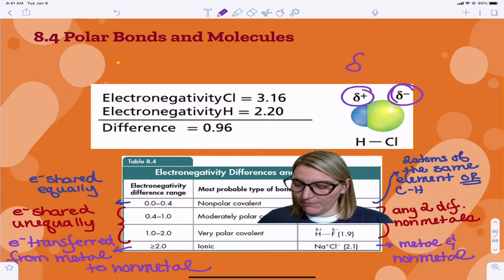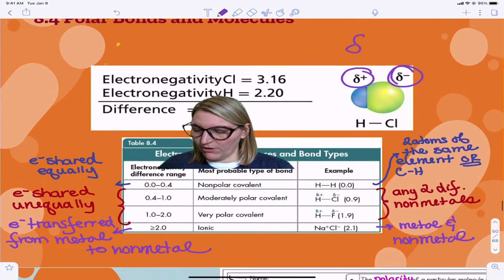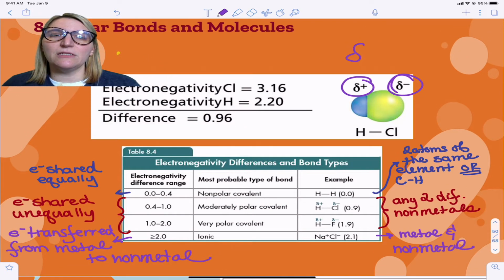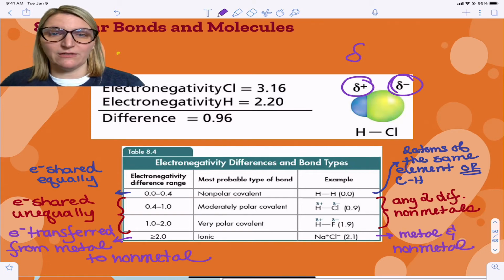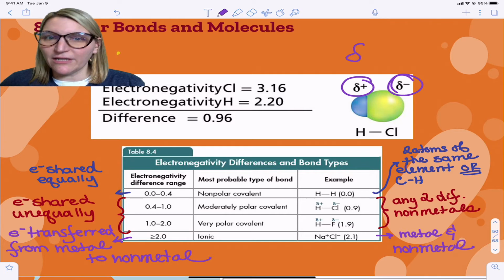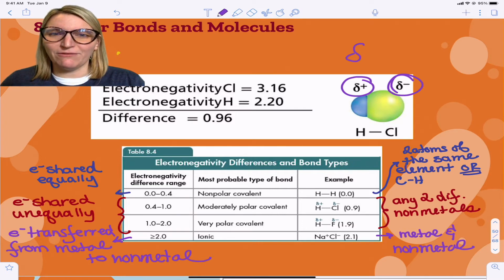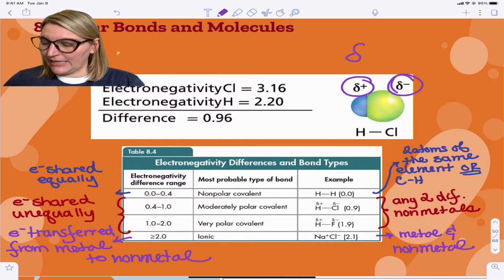And then this table down here helps us to understand how do you know? The table gives you actual numbers. Now, those numbers you do not need to know because different textbooks will actually define polar versus nonpolar as different numbers. And there's actually more than one table of electronegativity values. So we break it down really simply by saying